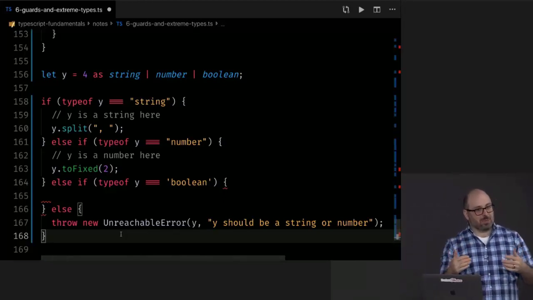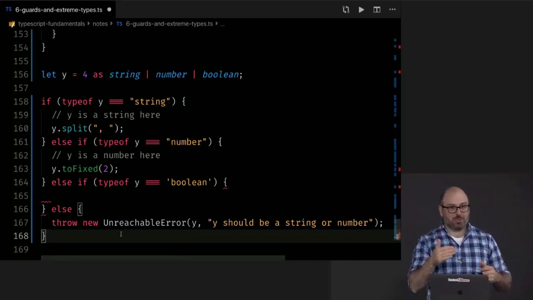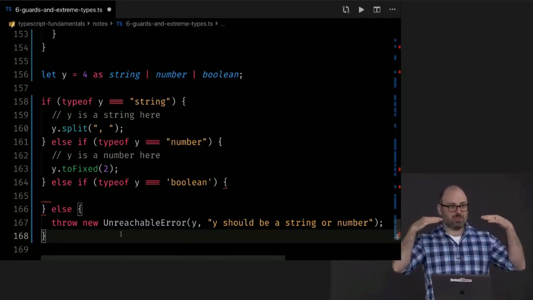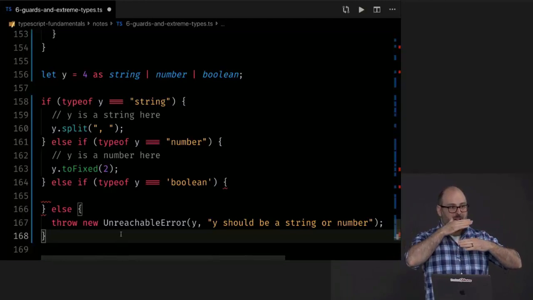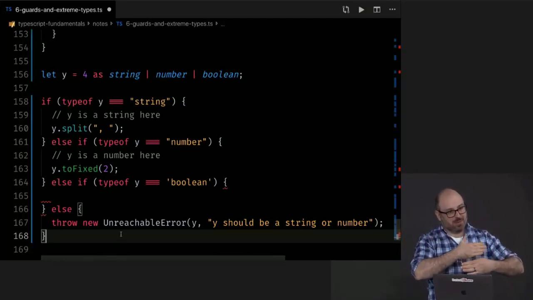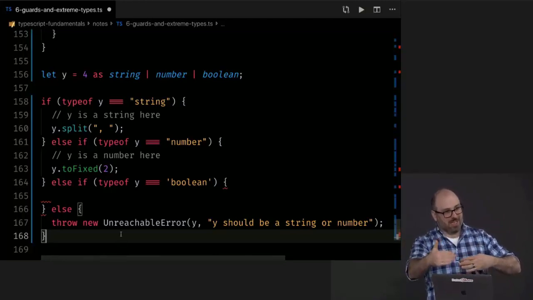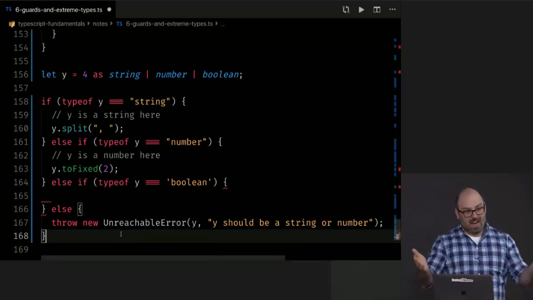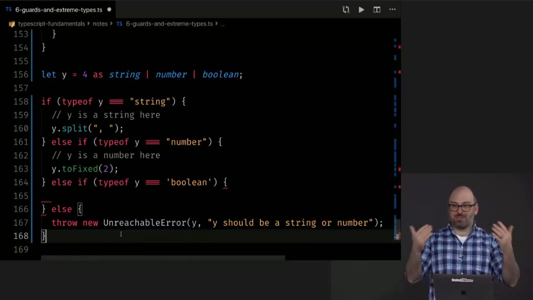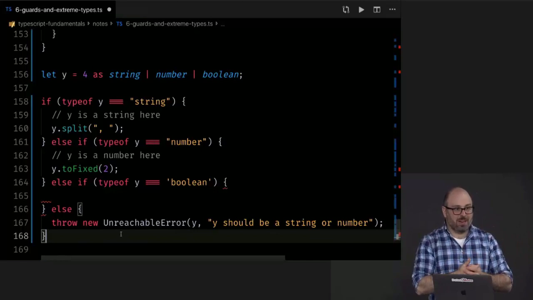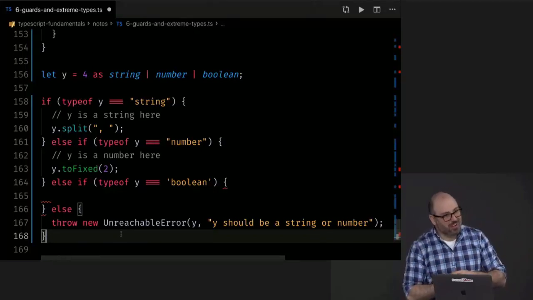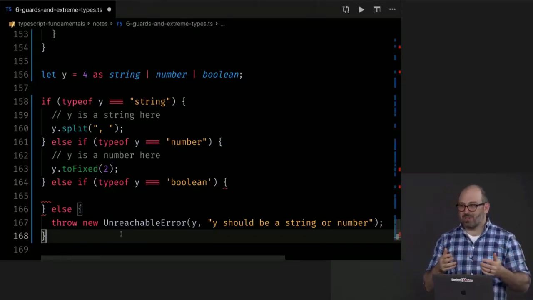That took me a while, to be honest, when I first started using TypeScript, to be able to delineate between: is this a runtime type checking thing or a compile time type checking thing? Another one is HTTP responses. I would love to be able to type check those as they come in, but TypeScript's not there anymore. So no matter what you do,